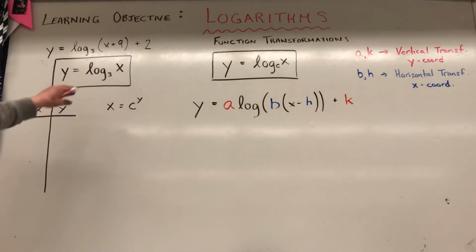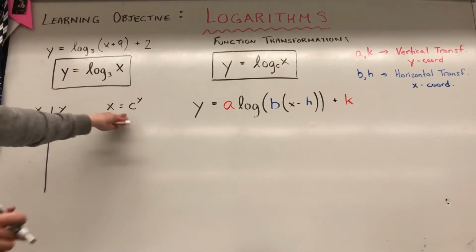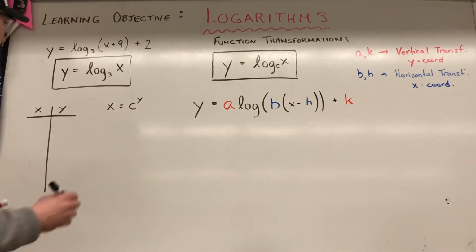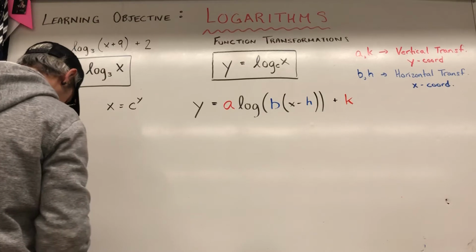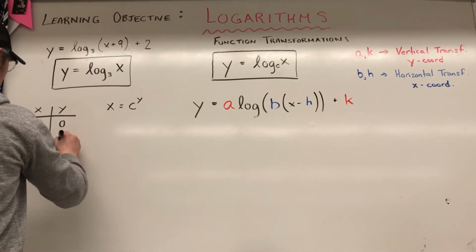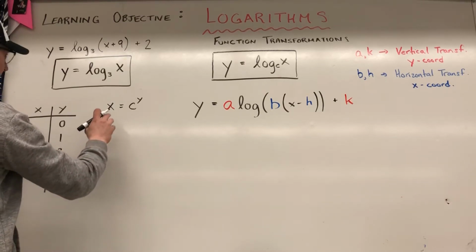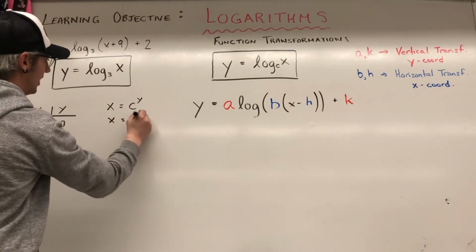And if you don't understand what I'm doing here, you probably need to go look at my understanding logarithm videos. But these two are the same. I'm just using my exponential form here. So I'm going to use y's of, what did they use in the textbook here? I'm going to use y's of 0, 1, 2, and 3. Okay? So my constant is, so this is actually x is equal to 3 to the y because my constant